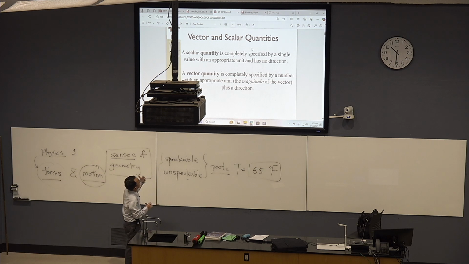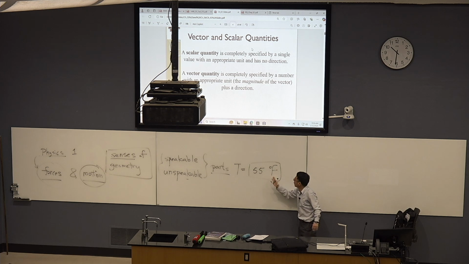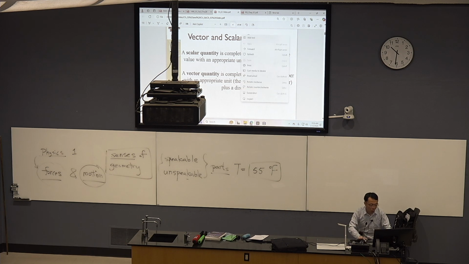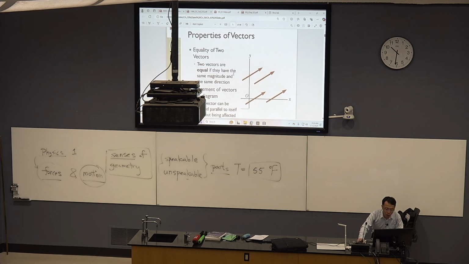But very soon we'll see another type of quantity which is called a vector quantity. It not only consists of a value and unit, but it also has a direction. So the vector quantity has a magnitude and direction, but scalar quantity has only a value and a unit. We'll see that very soon. Let me move on to other pages. Here you have seen a vector. A vector can be represented by an arrow. Here you have seen an arrow, but you have seen multiple arrows here.